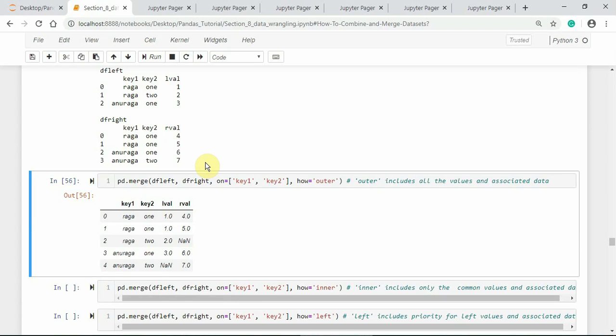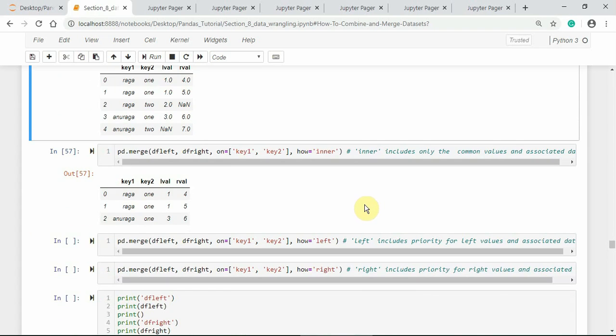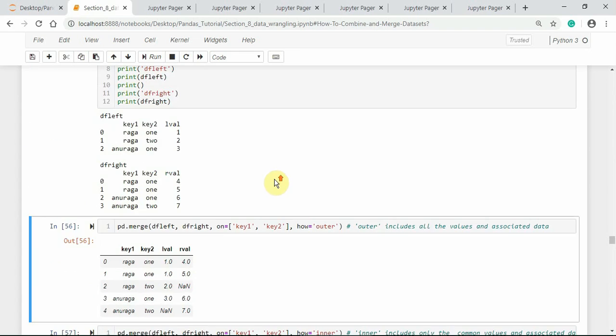Let us do the inner join by passing how is equal to inner. Notice that it includes only the common rows and associated data values. Notice that the row index labels 0 and 2 are common in both the data frame objects.